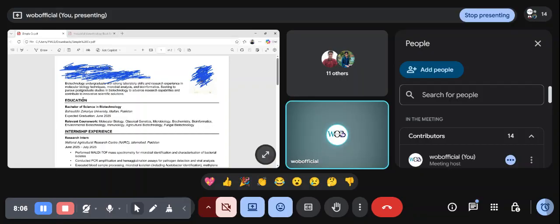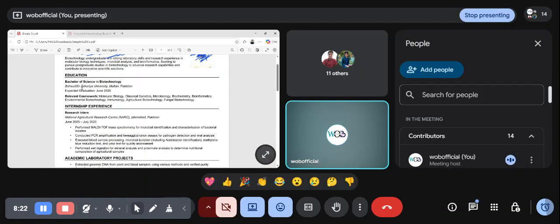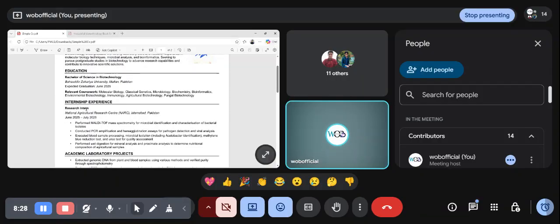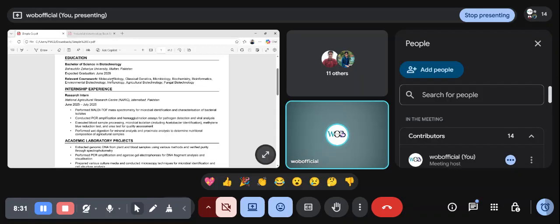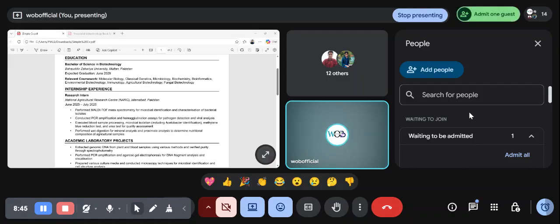Here you have that person's name, phone number, email, and even their LinkedIn account and house address if you want. Then a little bit of introduction, or about section, and then education. That person has a Bachelor of Science in Biotechnology and relevant coursework. You can list it in the form of a line, and you can also list it in bullets. I prefer bullets because they look more visual compared to the other.